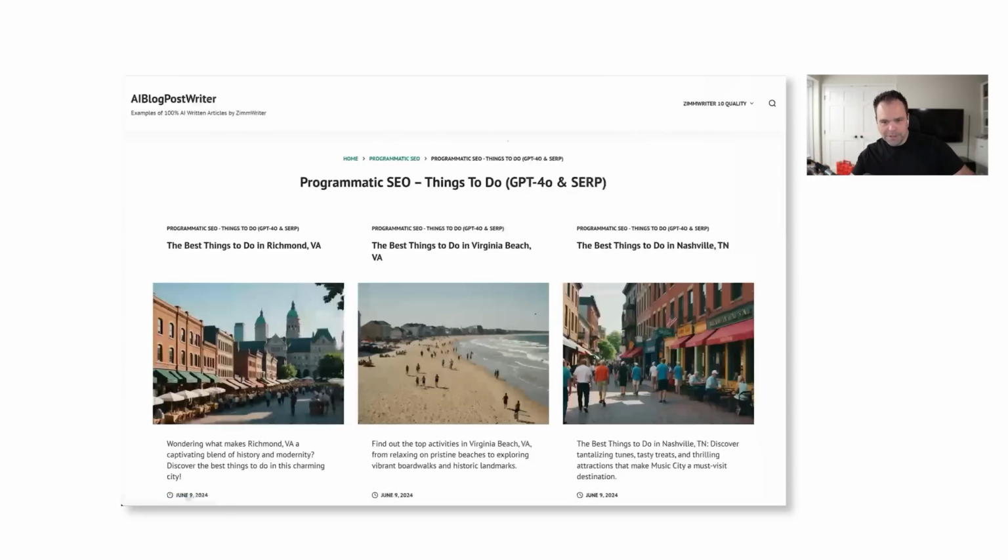Now this is in Parallels. Can you see my screen? I can't see you, but hopefully you can see my screen. All right, I'll show you ZimmWriter in a second, but this is a site I made,